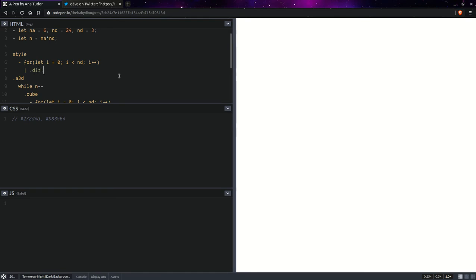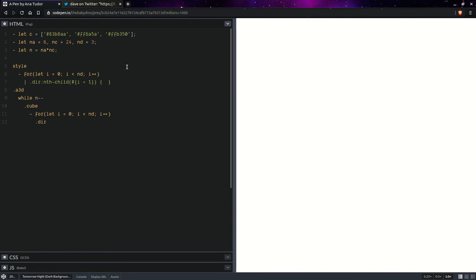So direction and child, and here we're going to need to add 1 because in CSS this nth child index is 1 based, and for our loop it's 0 based. So actually we're not going to set this as an index or anything. I mean, we could and then interpolate between the components, but I think it's a lot easier to just set color. So here we're going to have, okay, so something like this, and something else we want to set here is